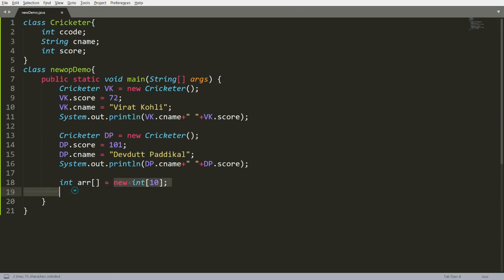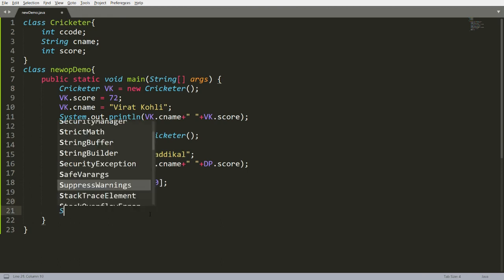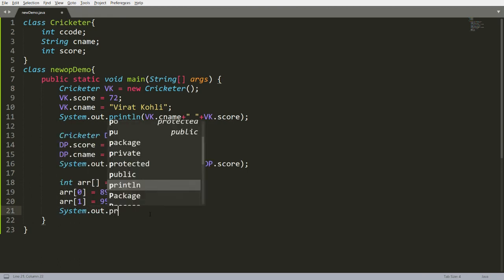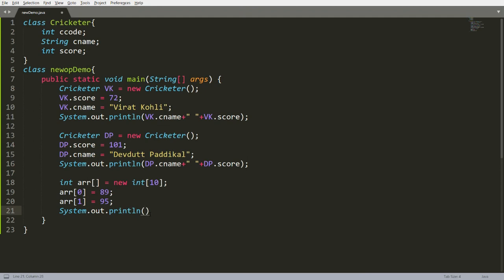So 10 new integer values you can store over here. So I can write here arr of 0 is equal to, for example, 89. arr of 1 is equal to, for example, 95. And I can access both, that is System.out.println arr of 0, and you can print arr of 1.